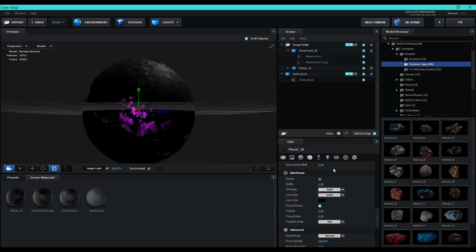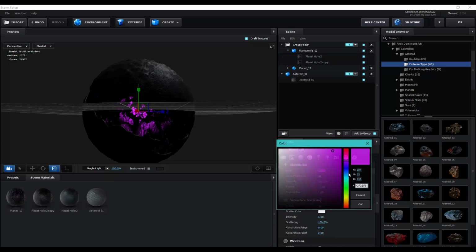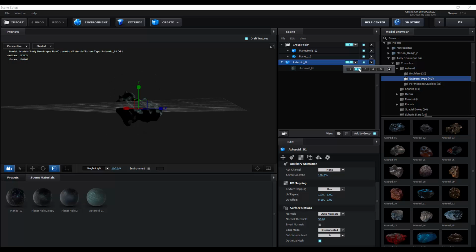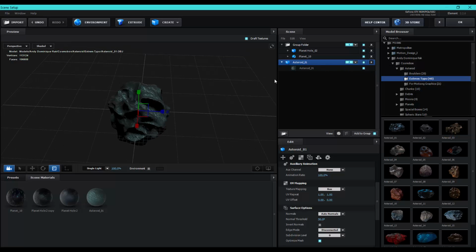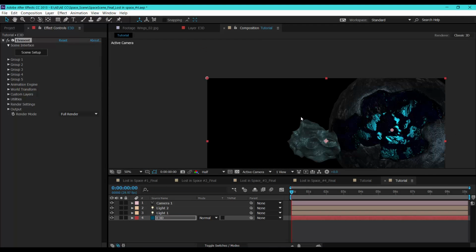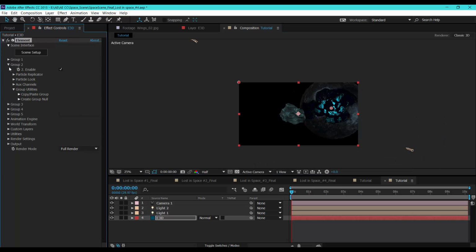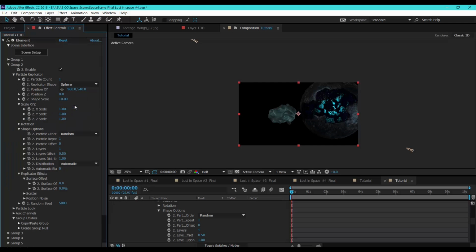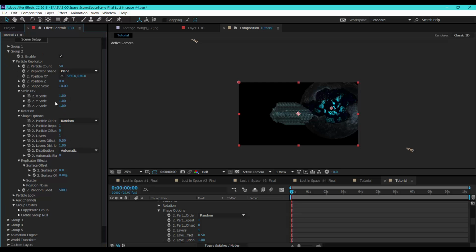Let's change the illumination color to this type of color. So put this into the group 2 and now let's hit OK. So it's there. So go to the group 2 and make it plane, not a sphere, and particle count to 50. Let's increase this shape scale.